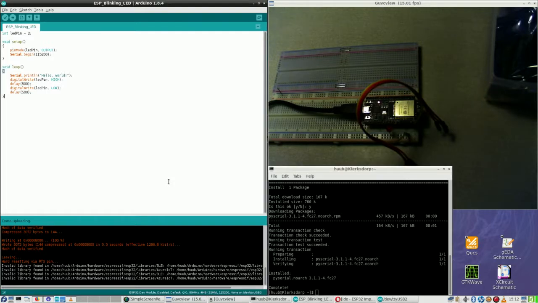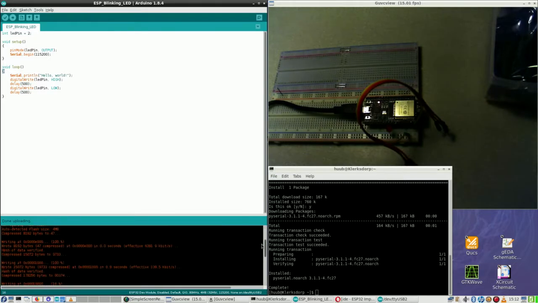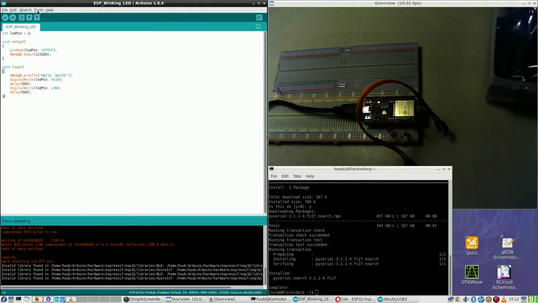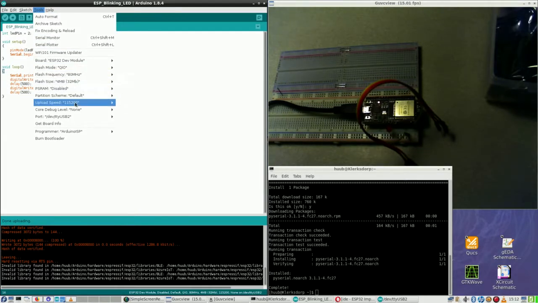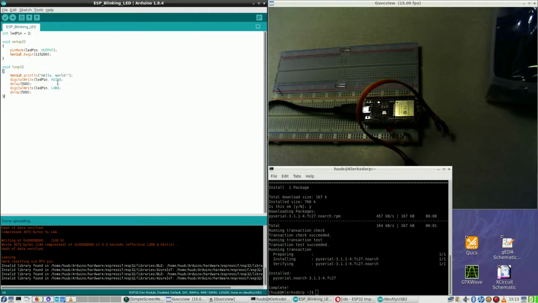And right now it nicely compiled using all these settings, although it doesn't do anything yet,